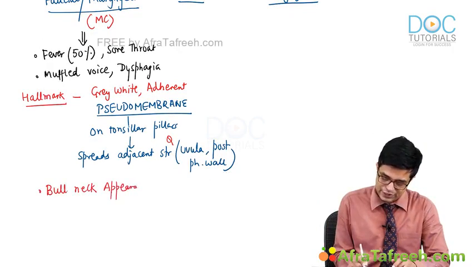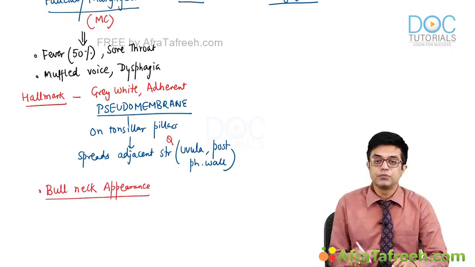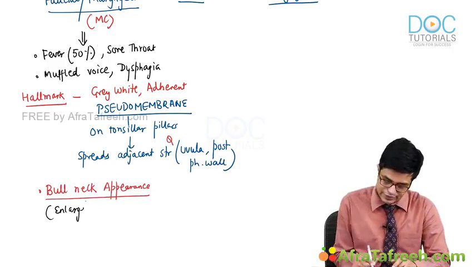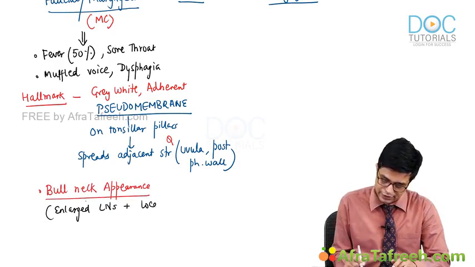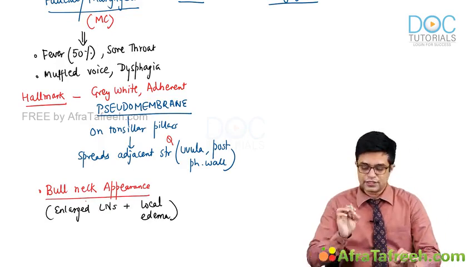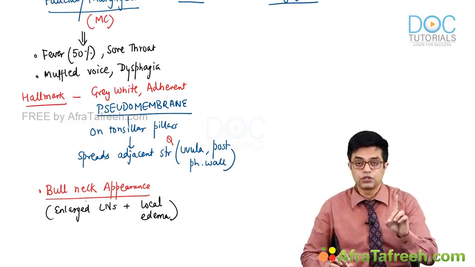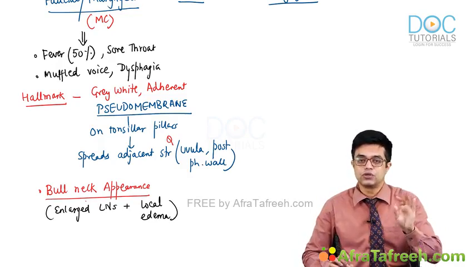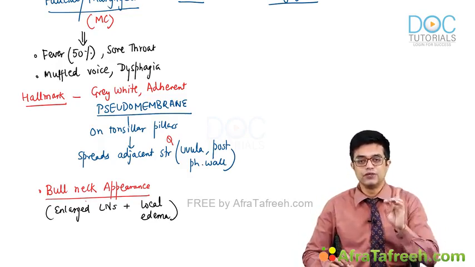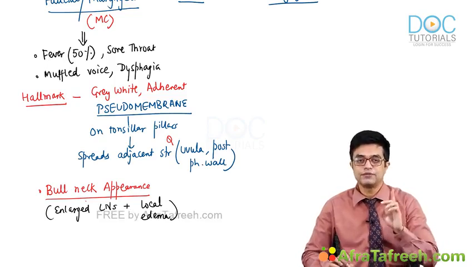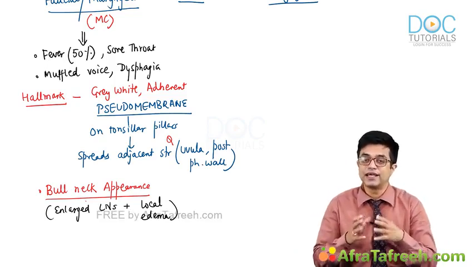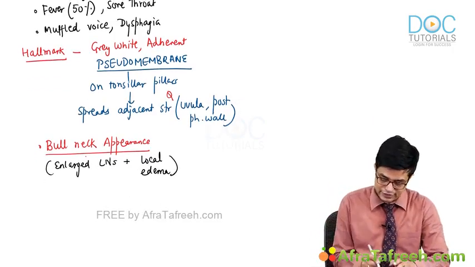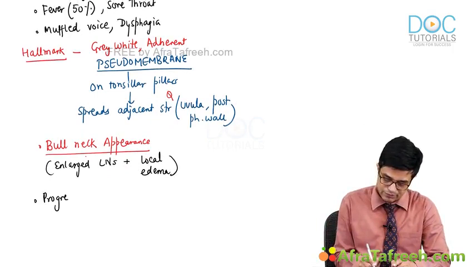Bull neck appearance in diphtheria is seen due to the development of enlarged lymph nodes as well as local edema. So, what are the keywords that you should remember? Sore throat, febrile illness, pseudomembrane, bull neck appearance. If 2 or 3 of these are present, you will always think of faucial diphtheria, or simply diphtheria, as the likely diagnosis. So, focus on these keywords, and as the disease progresses,